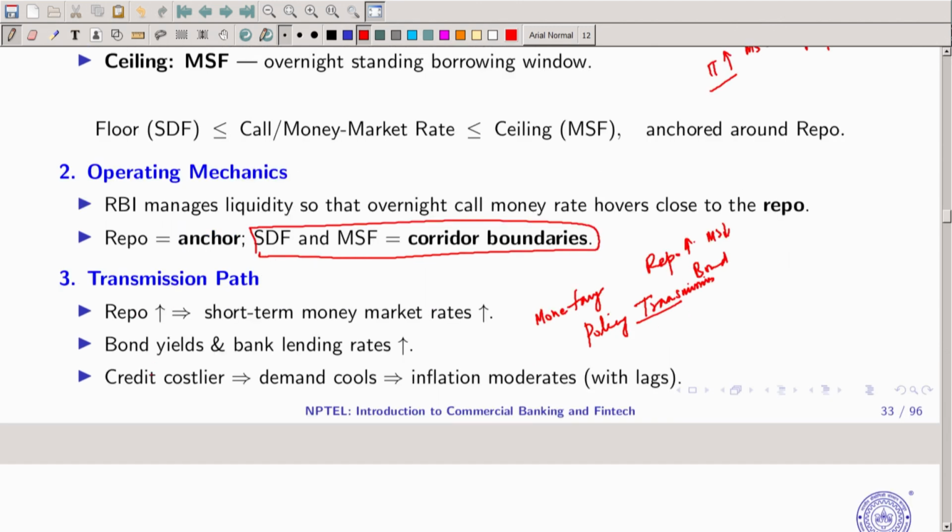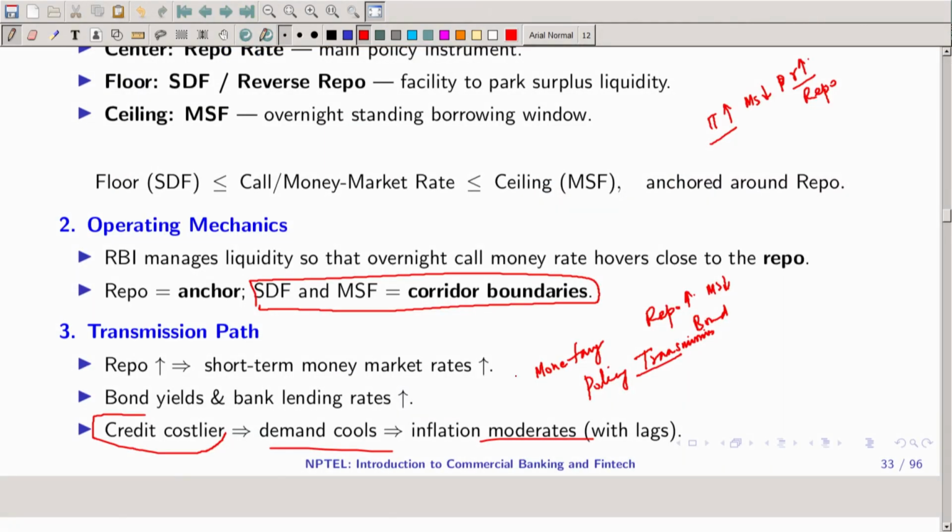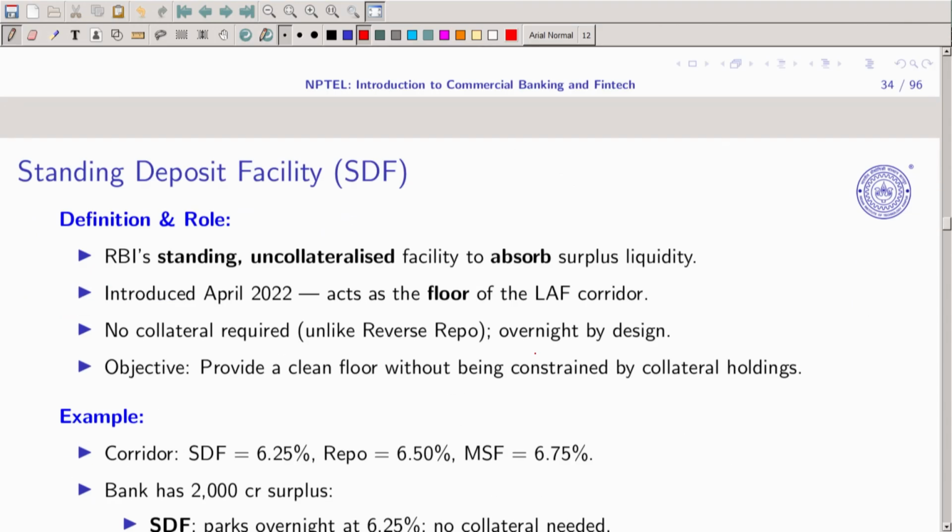So, when the repo rate is higher, your borrowing is getting costlier, demand cools, and as a result inflation lags, and this has a lot of role to play. So, this is what it implies. And now, after this, what we have is the